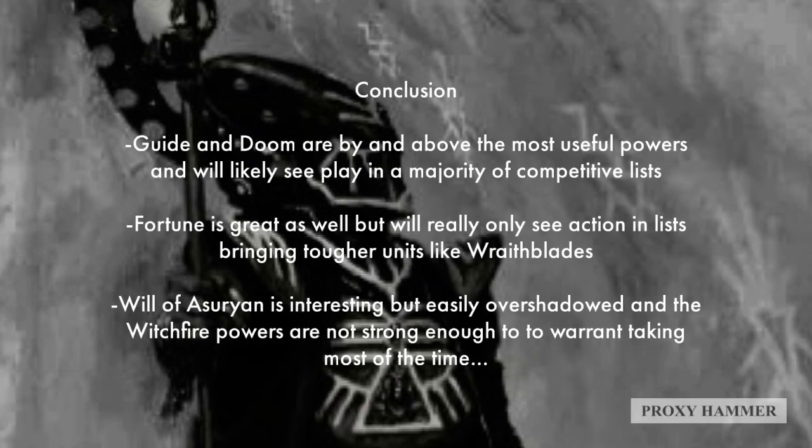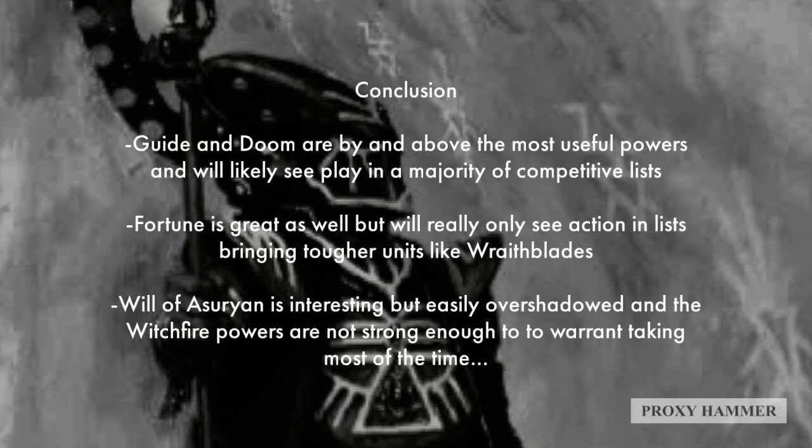And I'm not saying there's not other useful ways to run Farseers. Obviously, there are some builds I think could be unique, like I was contemplating the other day a kind of more of a Witchfire build with a Farseer. But honestly, Guided Doom, probably in general the most useful. Fortune is also great, but Fortune has the downfall of only really being effective when cast on multi-wound models and units like Wraiths,